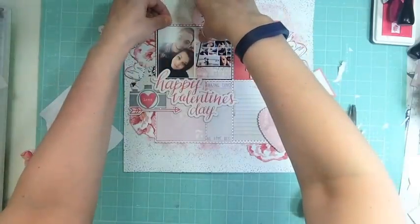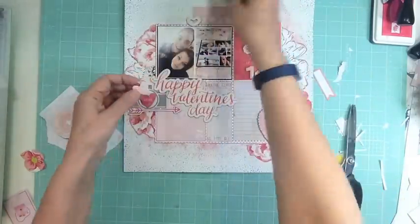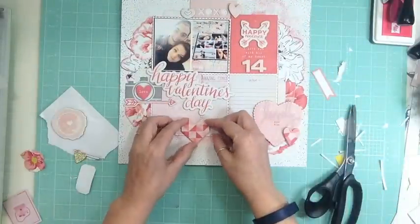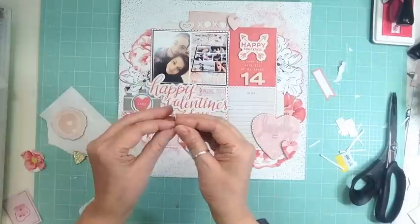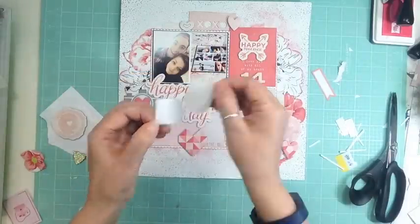And then I have to put some foam tape underneath because of the dimension. And then I'm going to use the Happy Together. And I didn't think I was going to be able to use that big title or that big word that said Happy Valentine's Day, but I was able to use it on this. And then